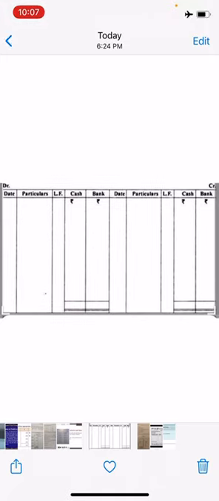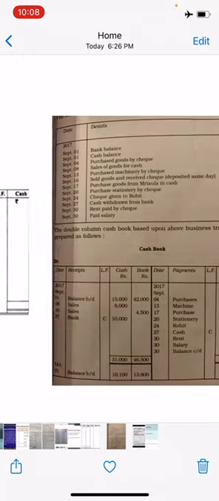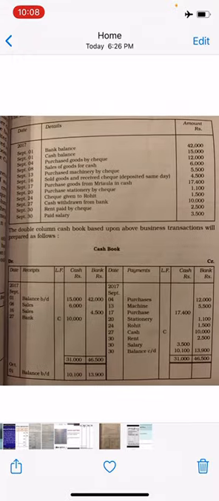We will just see the format of the cash book, with two columns. This is a 2-column cash book. Can you all see? You have a debit side and credit side, and on both sides you have two columns, that is cash column and bank column. First you have date, particulars, LF, cash, bank. Then on the credit side, date, particulars, LF, cash, bank. This is the sum which is there in your textbook, page number 107. We will just try to do this fast.